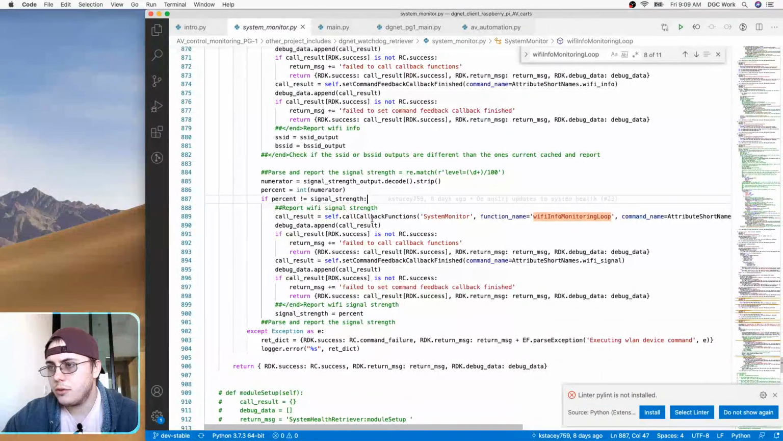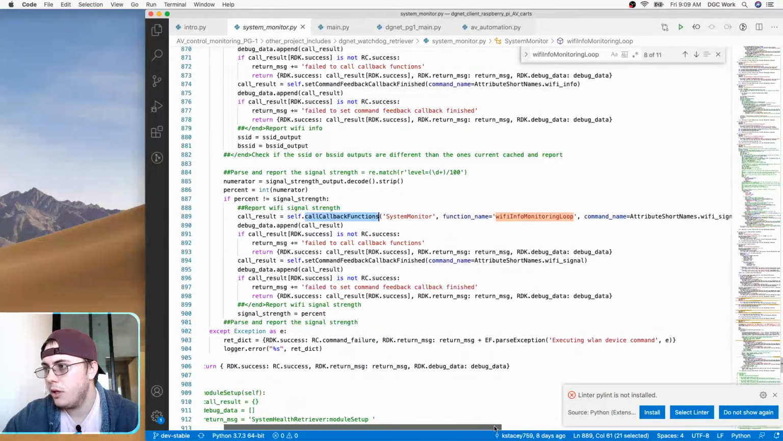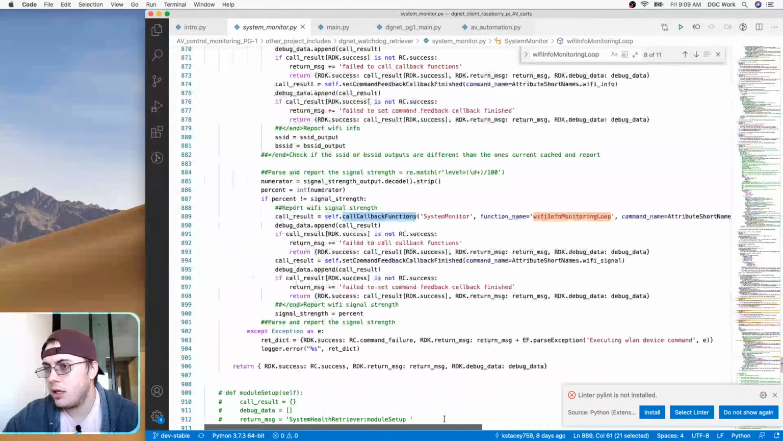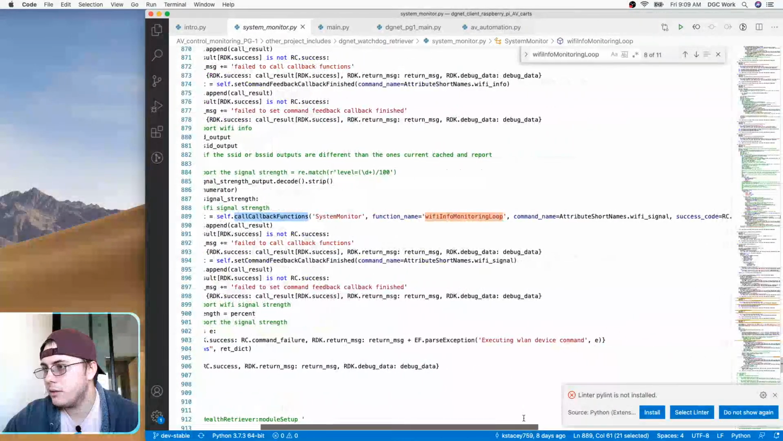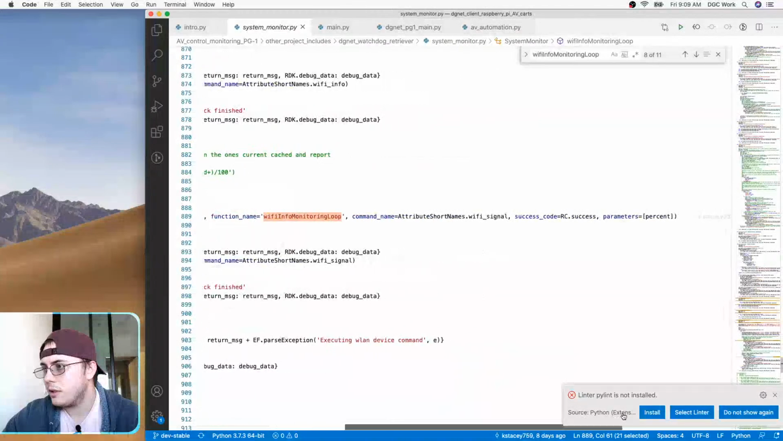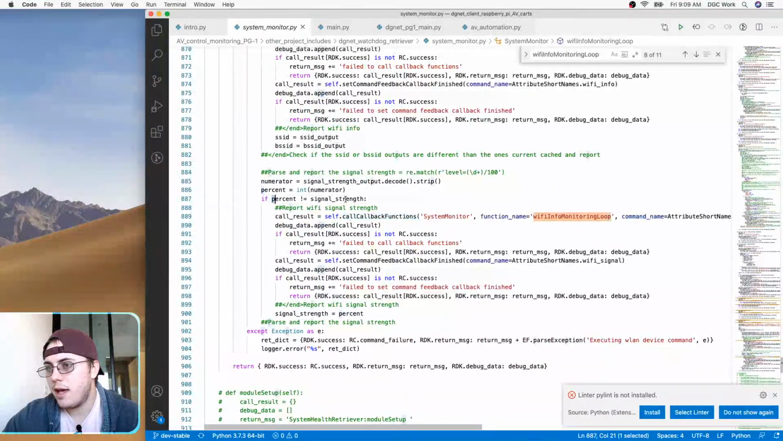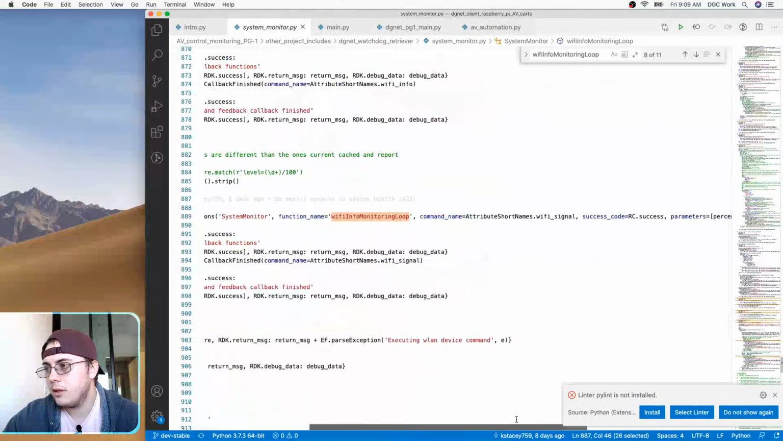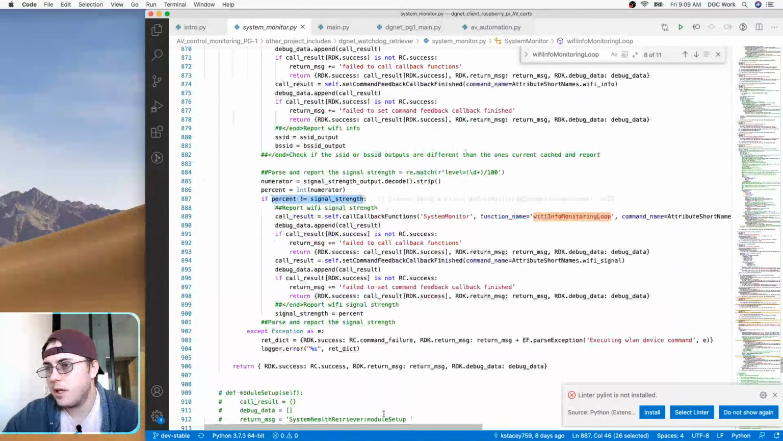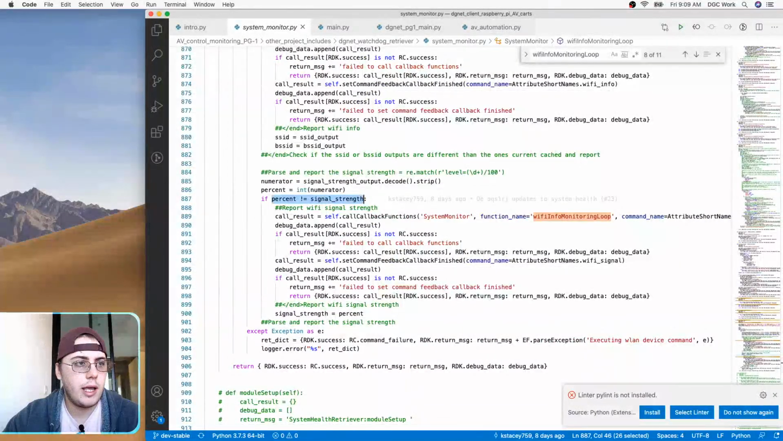So let's see, call result, callback function, system monitor, function, Wi-Fi info monitoring loop, command name. Wi-Fi signal, success code, parameters, percent. So what's happening is, if it's not equal to that, then it updates that percent no matter what. But we want a